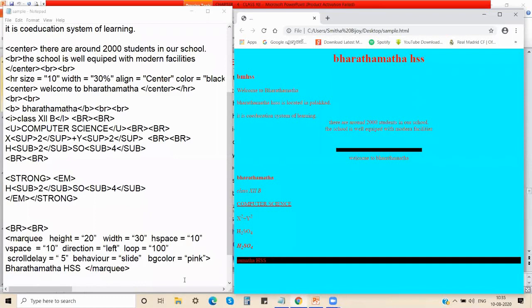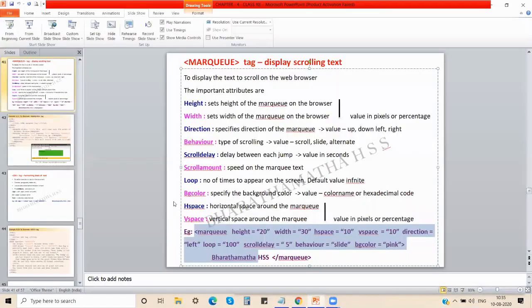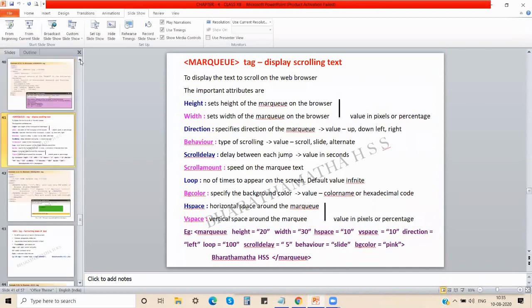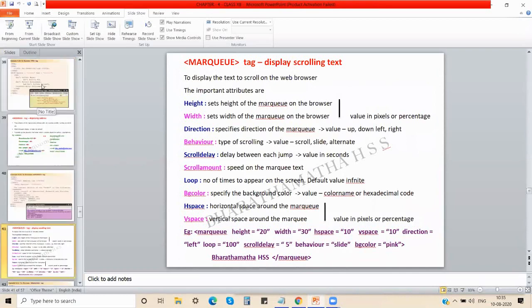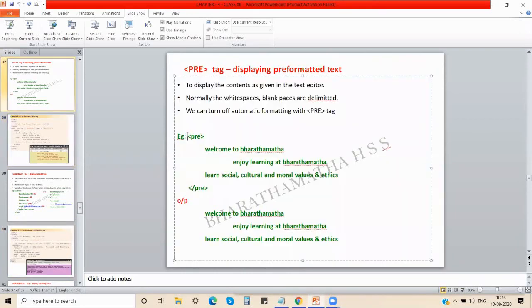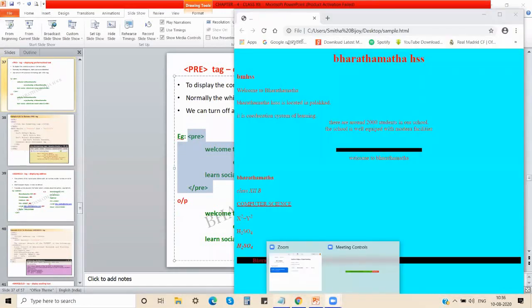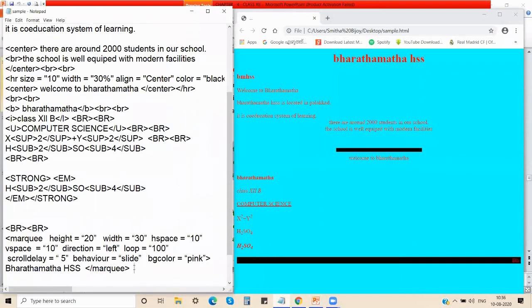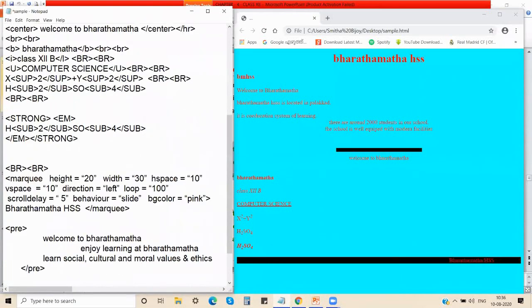The next thing I'm going to tell you about is the pre tag. This also, I'll just copy the contents quickly from here and come over here to show you the pre tag. I'll save it now and then refresh over here.